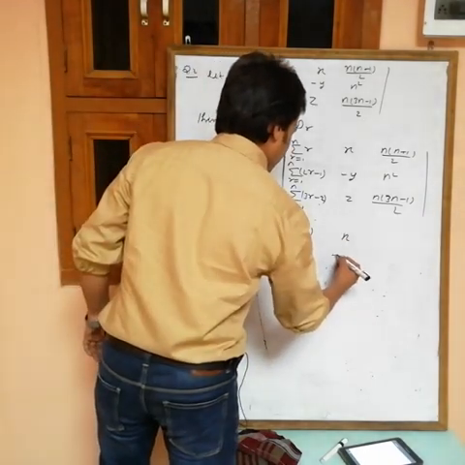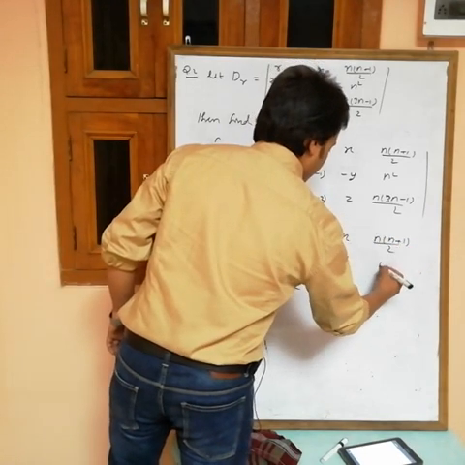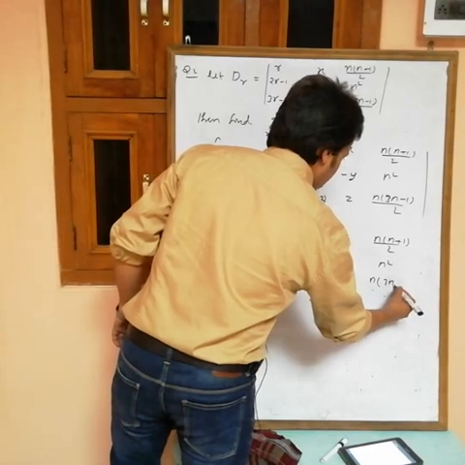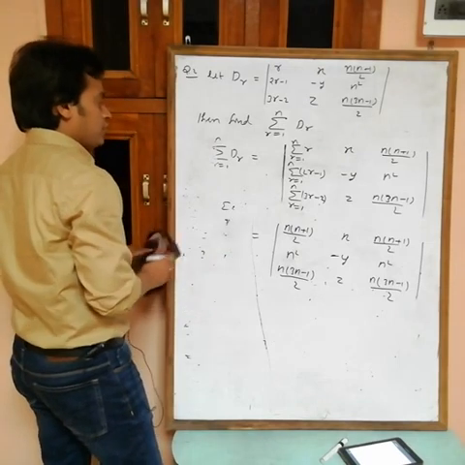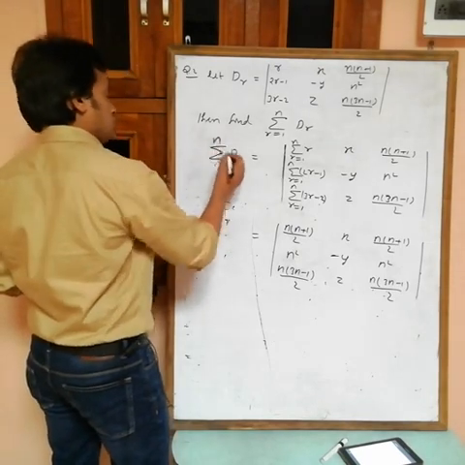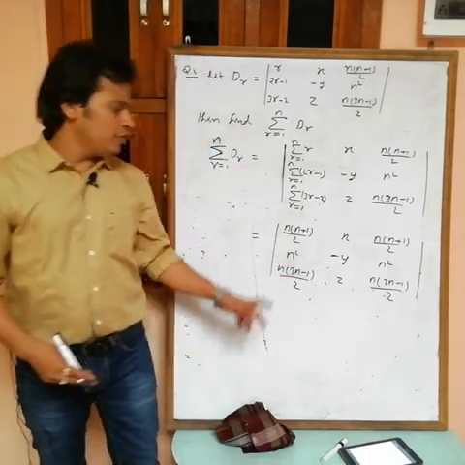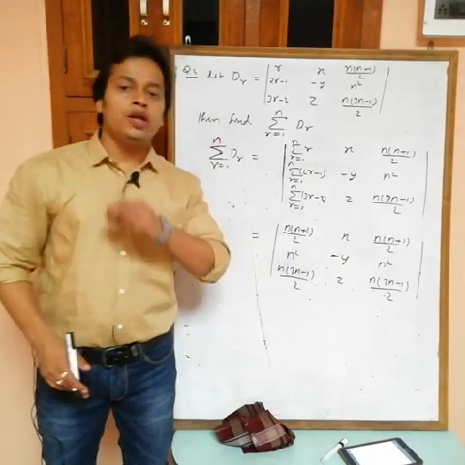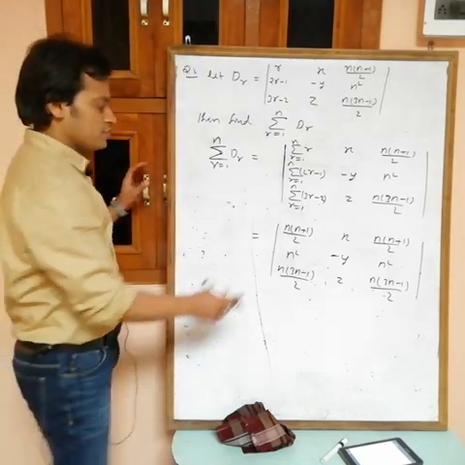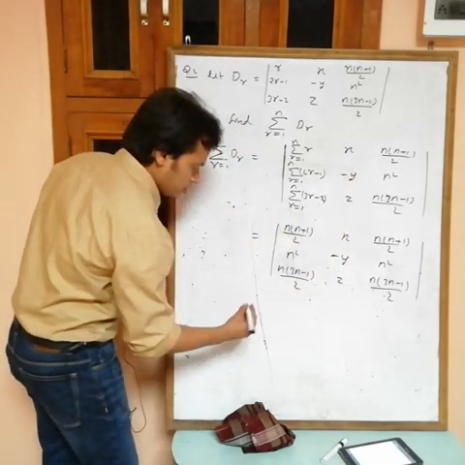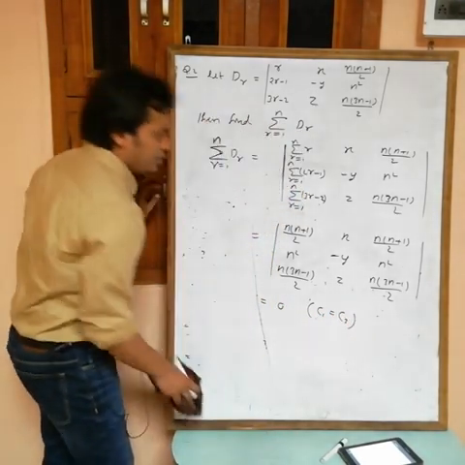Now we have x, minus y and z, n plus 1 by 2, n square, n into 3n minus 1 by 2. Now see, here we have C1 equals C3. If in a determinant any two columns or any two rows are identical, then the value of the determinant is always 0. Here we have C1 equals C3, so the value is 0 because C1 is identical to C3. Write this down.